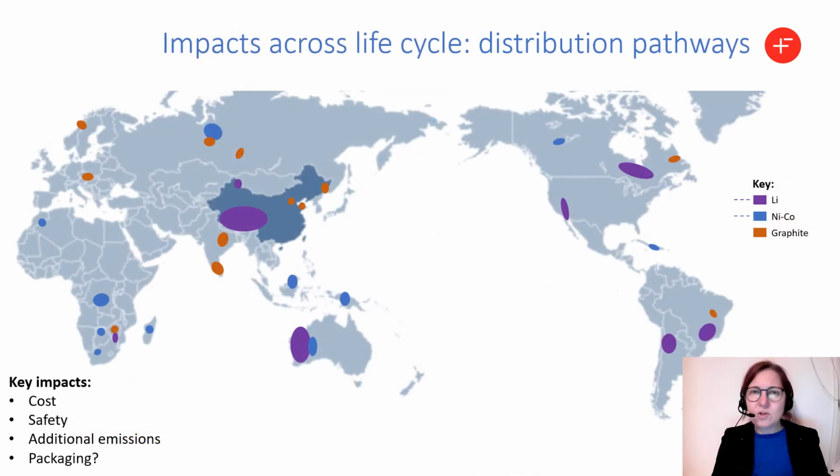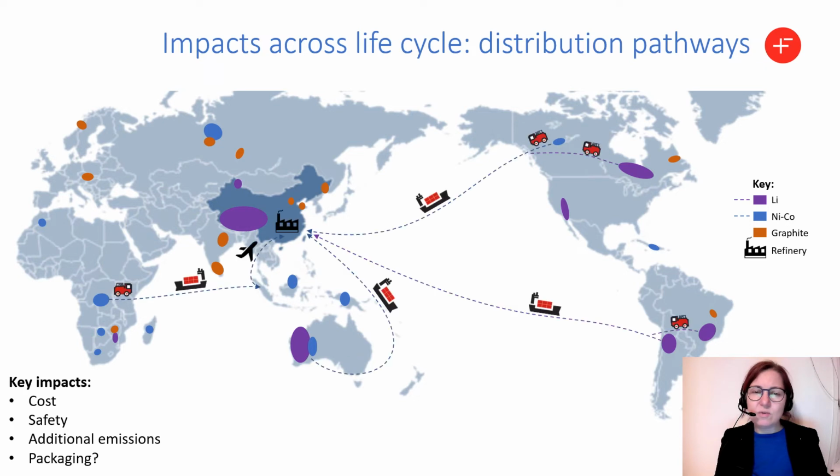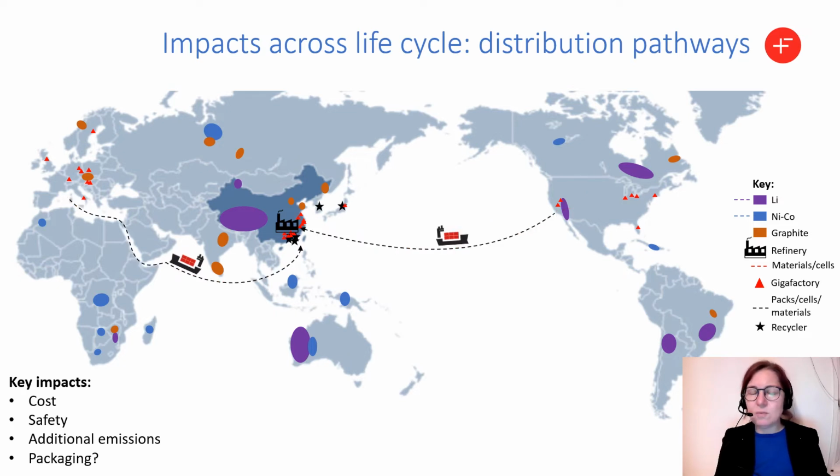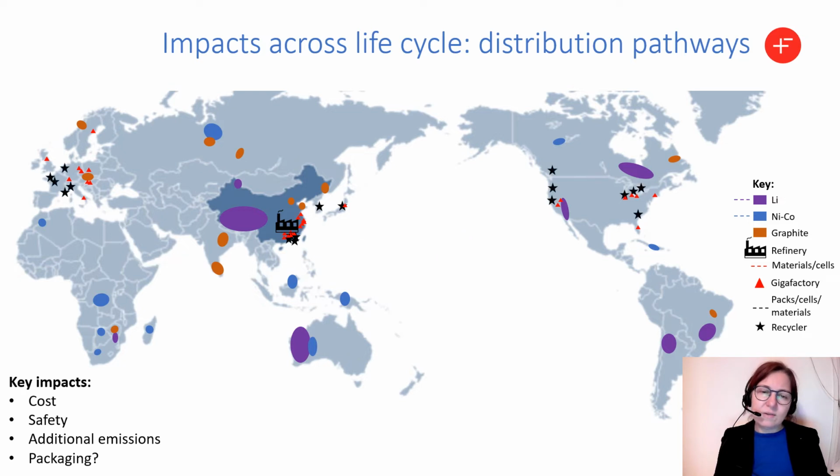There are impacts which can only be seen when we look across the entire life cycle. Here we consider spatial logistics. At the moment, raw materials are largely transported to China for processing. From here, battery materials or whole cells would be shipped to Europe and North America. And if recycling centers remain clustered within China, they'll have to be shipped back for recycling at their eventual end of life. So the first step would be to distribute recycling centers across the globe so we can avoid these